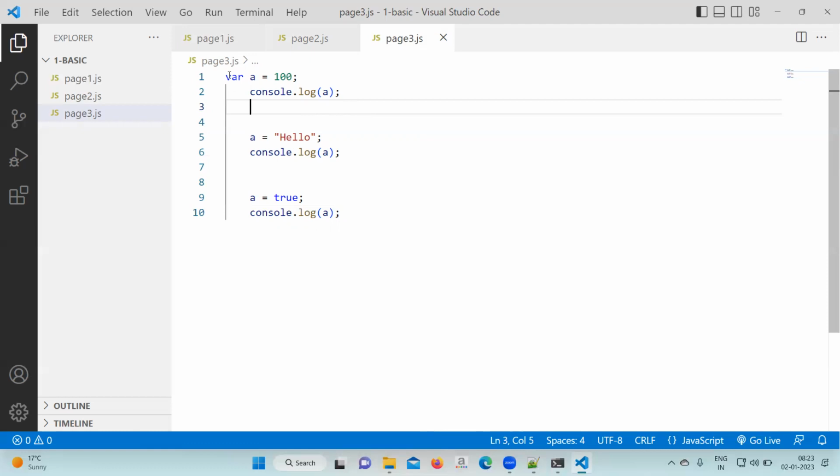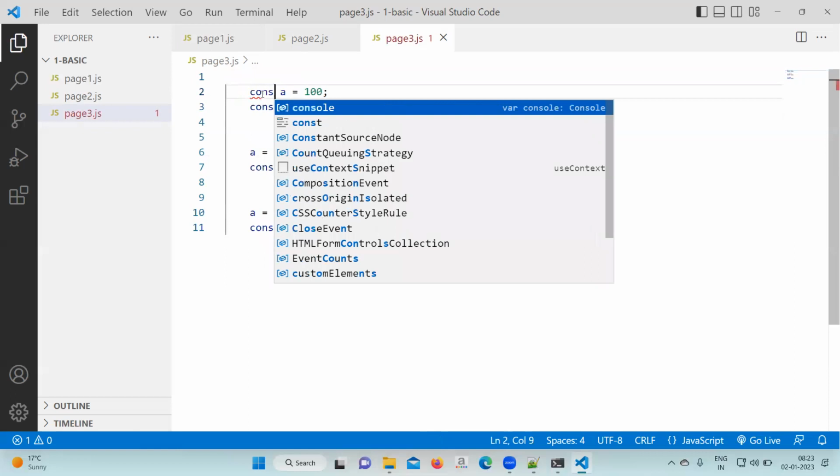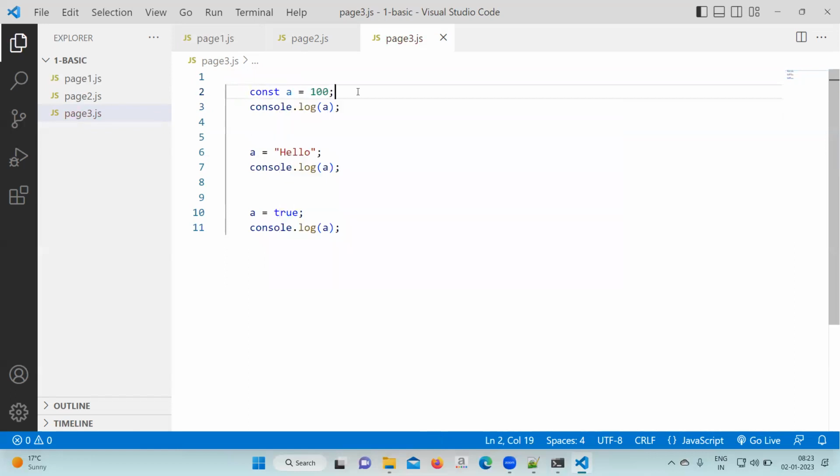Now let's go to the first line where you have written the var. Instead of var, let's convert it into const. Then we will ask what is going to happen with const. The const keyword says, whenever you use the const keyword in front of a variable, the value of the variable will be fixed,